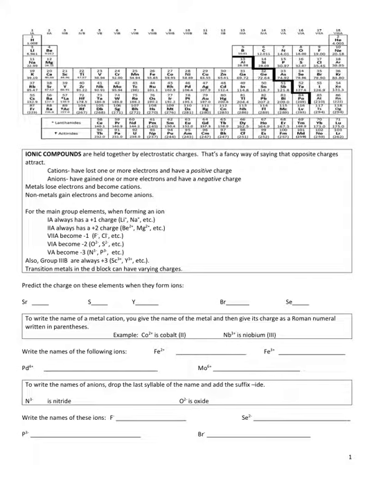Metals tend to lose electrons and become cations. Nonmetals tend to gain electrons and become anions. And looking at the periodic table, we can oftentimes predict what charge many of the elements will have when they become an ion. The alkali metals, group 1A, are always plus 1. Group 2, they're plus 2. Group 3 are plus 3. Those are metals. And the opposite side of the table, the halogens, group 7A or 17, they always are minus